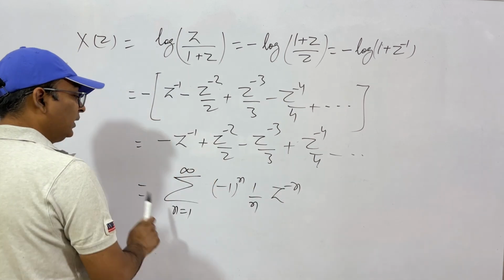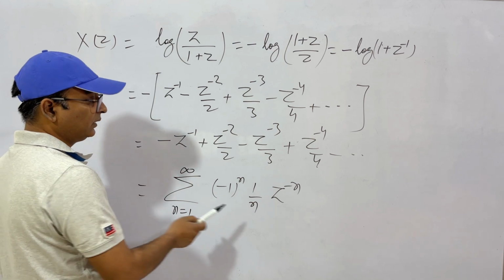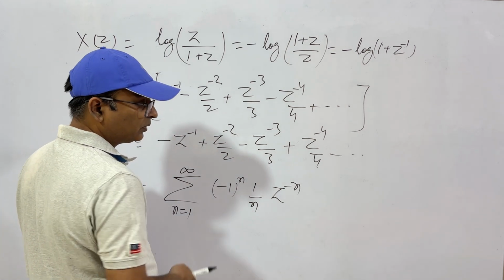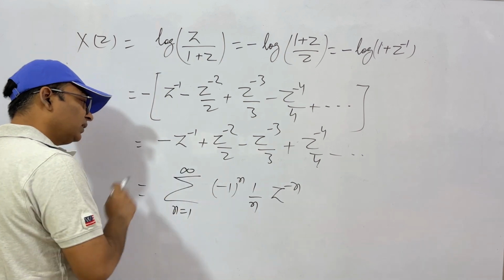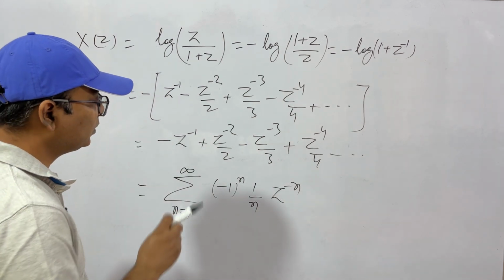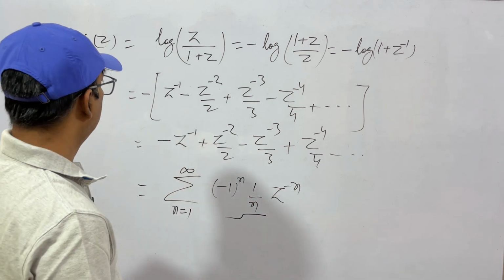So this is good. But what about the value of this expression at n equal to 0? See, this is in the denominator, so n equal to 0 will not give any result. So this sequence is not defined at n equal to 0, otherwise it is this. So our answer will be,